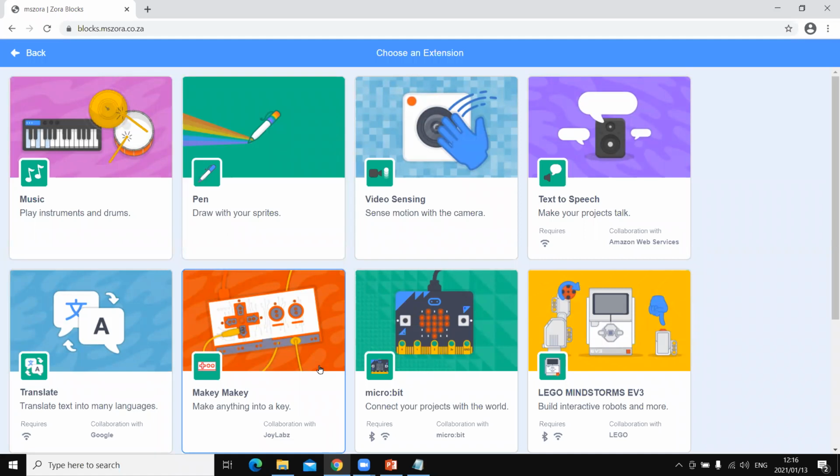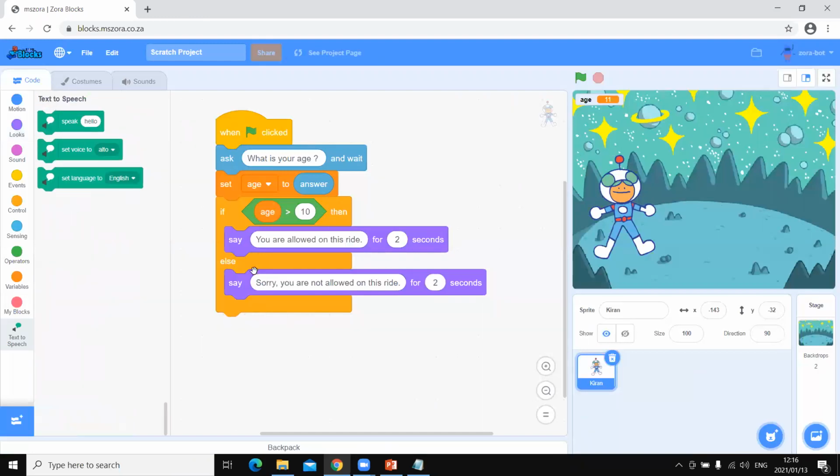One interesting thing that we could try today is text to speech. Now, under text to speech,